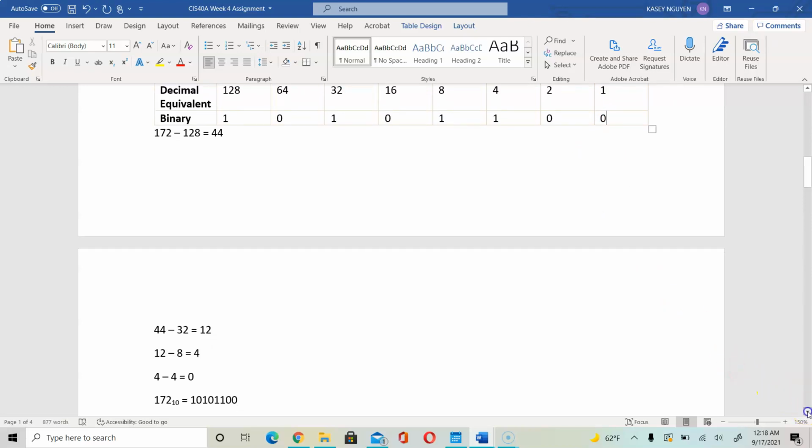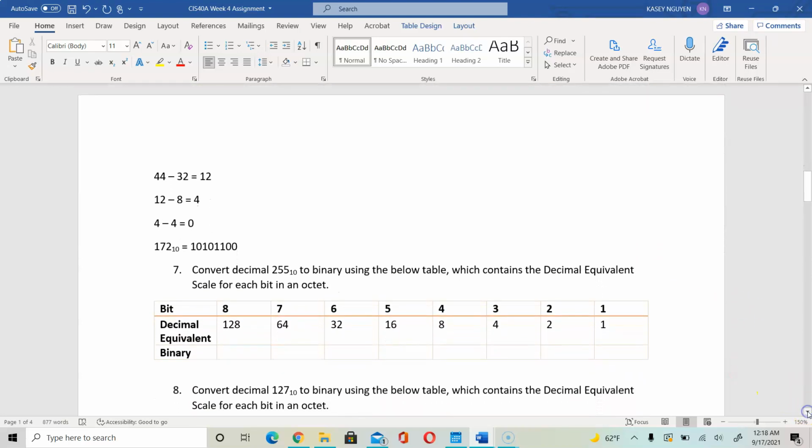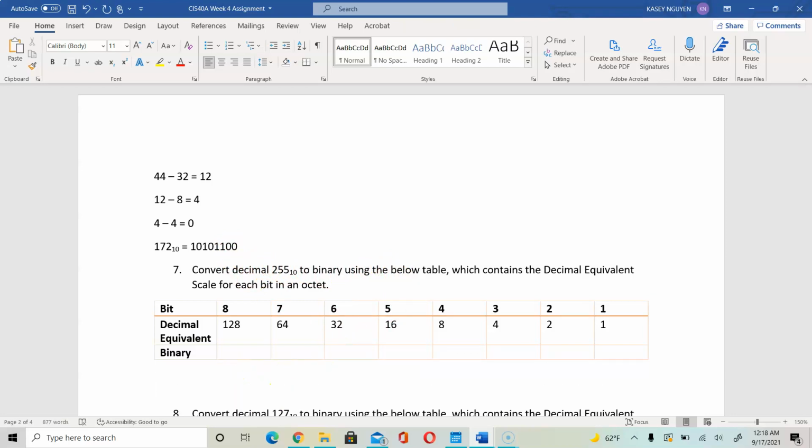So we're going to go ahead and try another one. Here we're going to convert 255 into binary using the table. So we would start with 255. And the largest number we can subtract is 128 on that scale. So as we subtract 128,